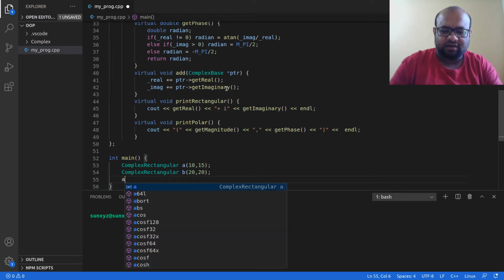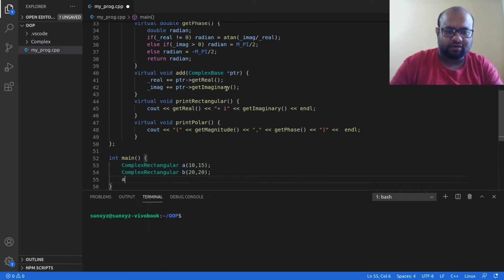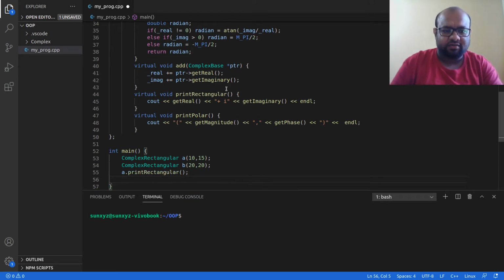Now let me do one thing. A dot print rectangular. So I'm going to print the complex number A. Then I'm going to add.